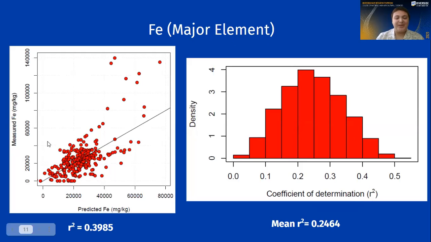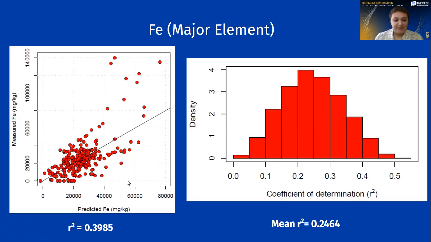So on this chart, by the way, the next few slides will have both these charts. I'll just explain what they are now. On the y-axis, we have the measured iron, which is the reported values from the lab analysis. So we know what the values are measured to be. And on the x-axis is the predicted iron. And this is predicted from the stepwise model, which could include the RGB values, the